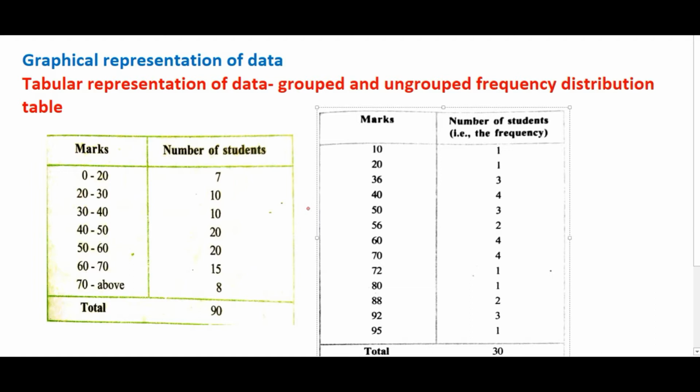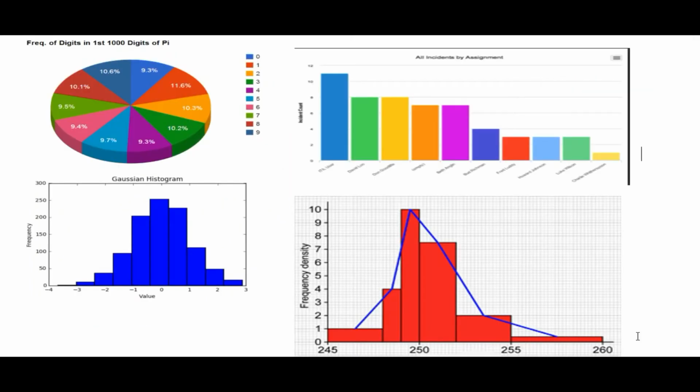But when these numerical figures are represented pictorially or graphically, they become more noticeable and they leave a more lasting effect on the mind of the observer. So with the help of pictures or graphs, data can be compared easily. As compared to a written statement, the graphical representation of statistical data has a more soothing effect on the mind. We understand them more clearly.